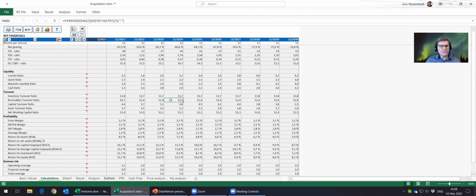So it's always for a particular year, not for the whole term. And every ratio is explained with a written formula here to the left in D column. Just by hovering the cursor, you see how it's calculated. And anyway, just by clicking,